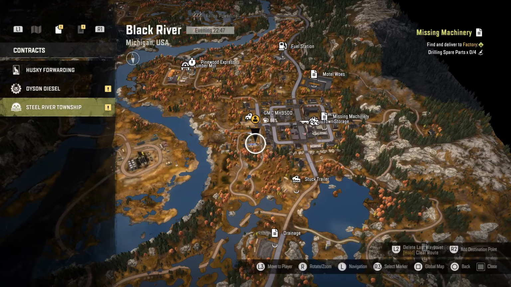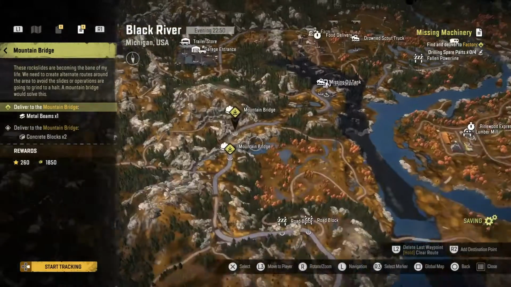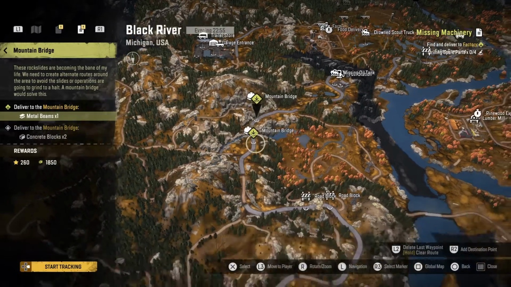Mountain Bridge and Roadblock, they're both okay. So Mountain Bridge is this one right here. We need 1 metal beam, that's why we put that on the Fleet Star. And we need 2 concrete blocks. Okay, the concrete blocks are over by where we